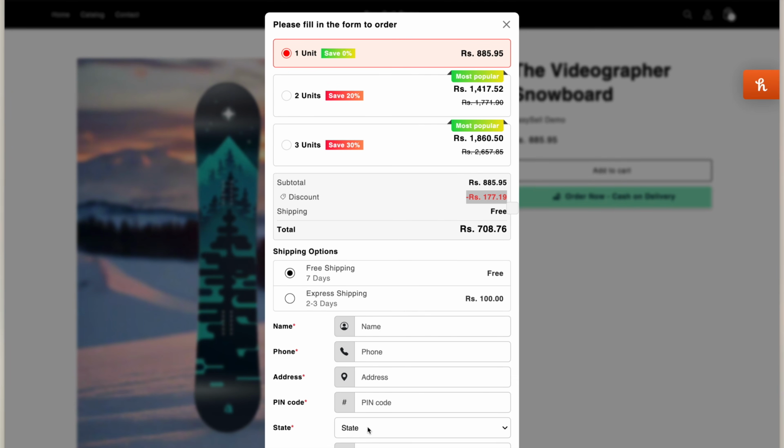Note that the downsell pop-up will appear when the customer tries to close the pop-up form. However, if you're using an embedded form, the downsell will trigger when the customer shows intent to leave the page. This ensures that no matter how the form is displayed, you have a chance to recover potential lost sales by